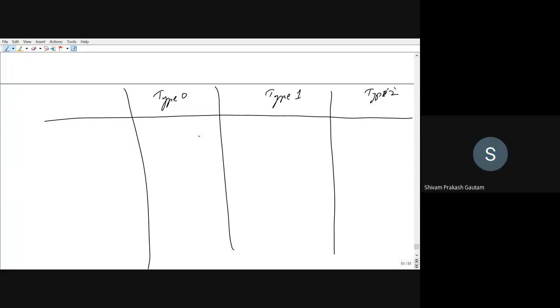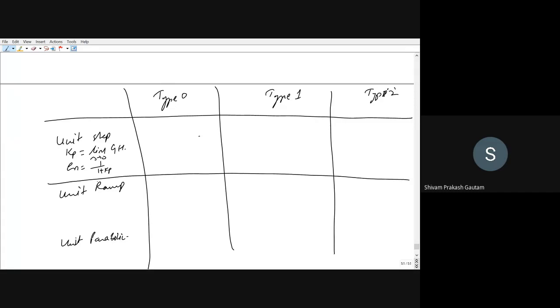Now this is unit step as an input. This is unit ramp as an input. This is unit parabola as an input. So for unit step, what will you calculate? You will calculate Kp. And Kp is equal to what? Limit s tends to 0, G into H. And what is the error in this case? 1 upon 1 plus Kp.